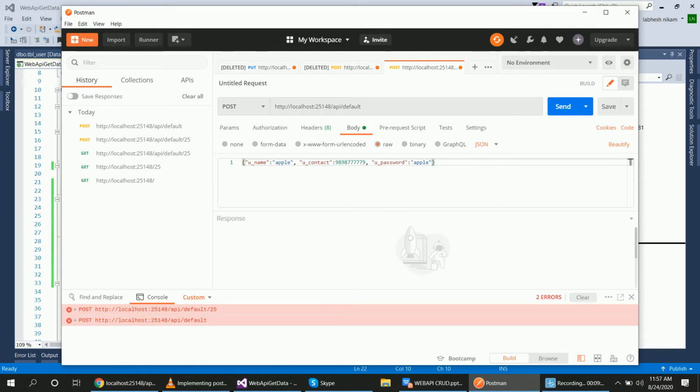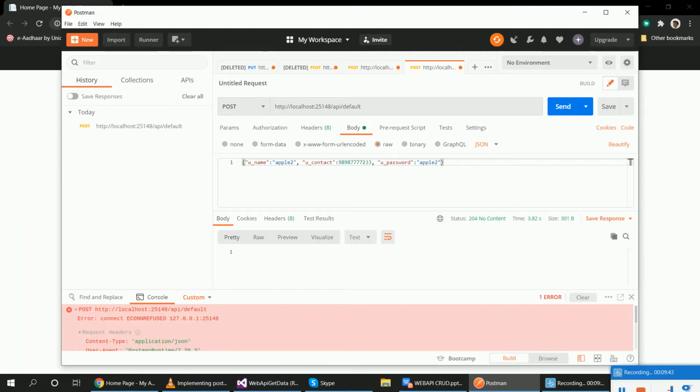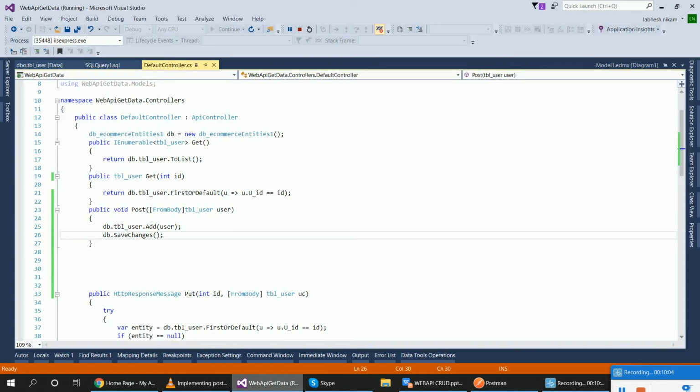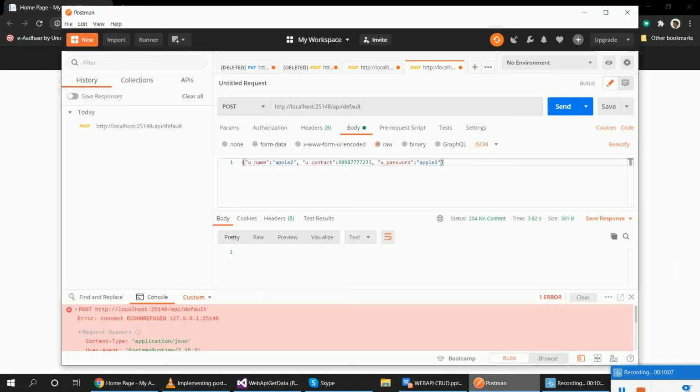Two errors. Okay guys, my record is now inserted and it shows 1. But about the error message, what the problem was: I had added the same record again and again. So I changed the uname and password, built the program and ran it again, and then my problem was solved. But this status code is 204 no content. I don't want this message. I want the message 201, application created, like this.